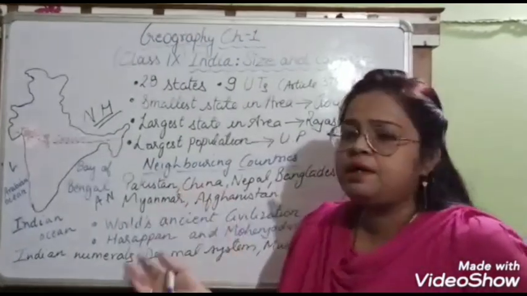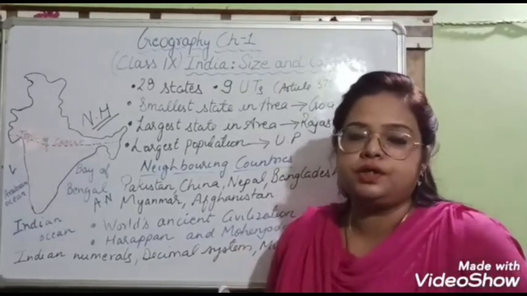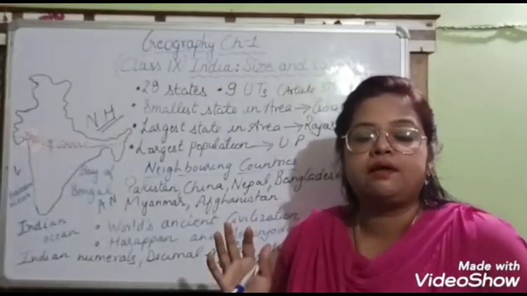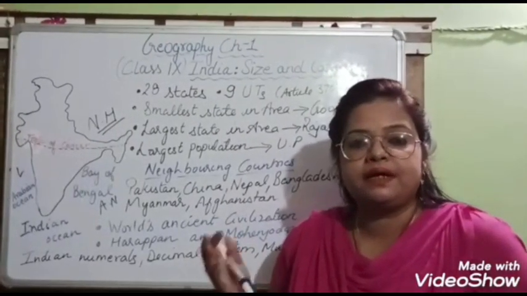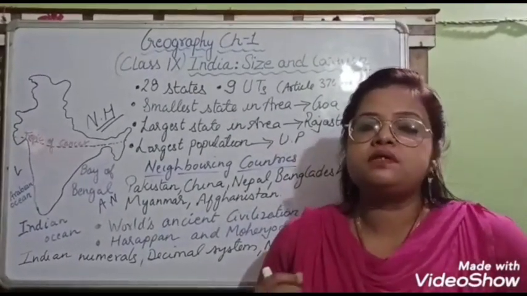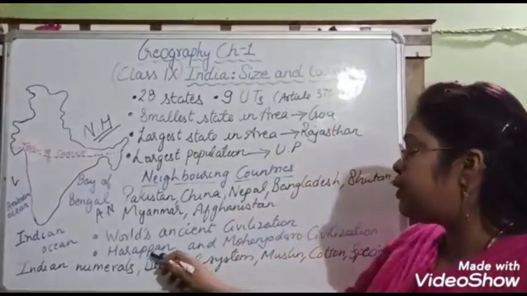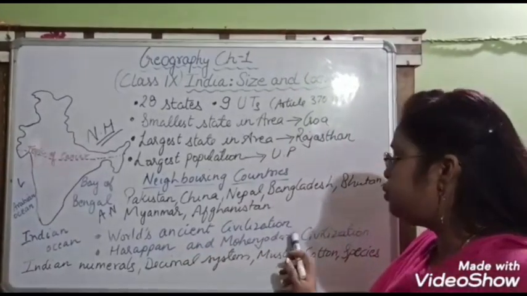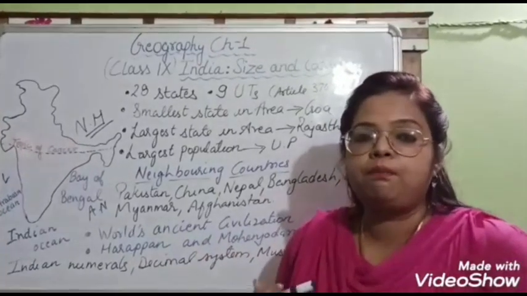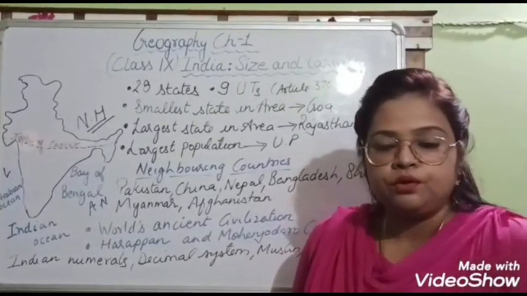So children, one important thing I want to tell you is that India has a very ancient civilization. When the rest of the world had nothing and people were roaming here and there like nomads, India had a proper civilization. It is famous for that. The two most famous ancient civilizations in India are Mohenjo-daro and Harappa, in which archaeologists have discovered a very planned city. Everything was planned, with proper houses, roads and sanitation at that time.